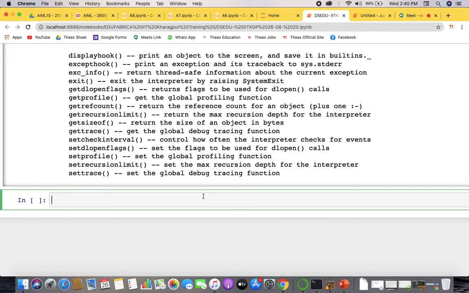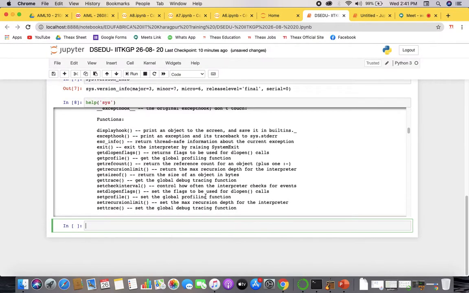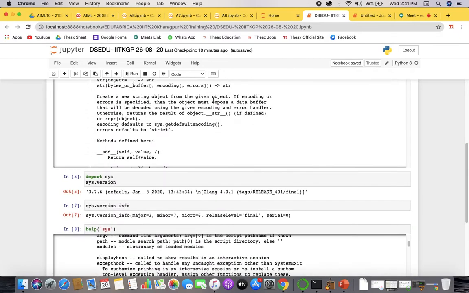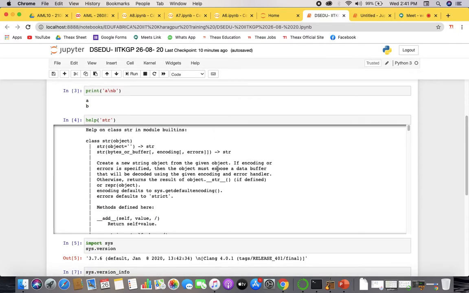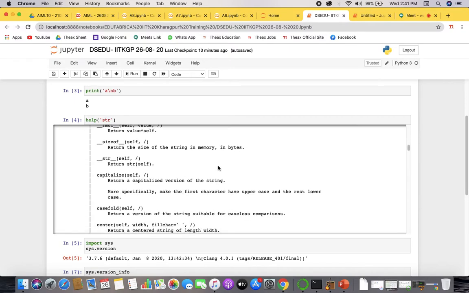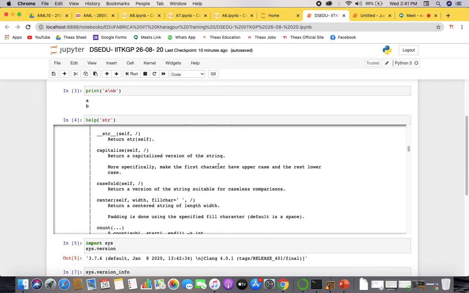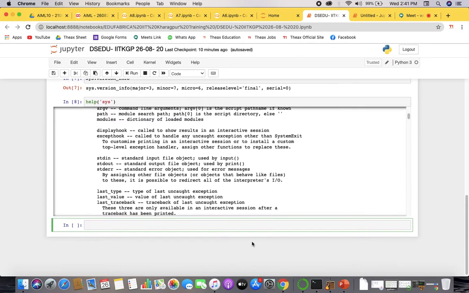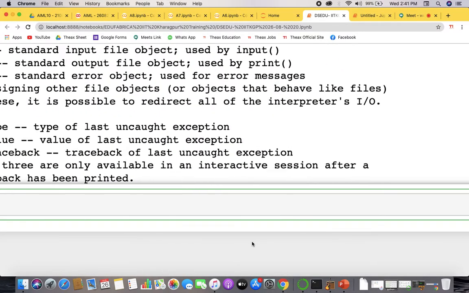Okay, so a string is in the beginning. If you see the help of a string, as we have seen right here, the very first string methods are capitalize, then center, then count. I'll quickly write up all the operations so that you can get it.